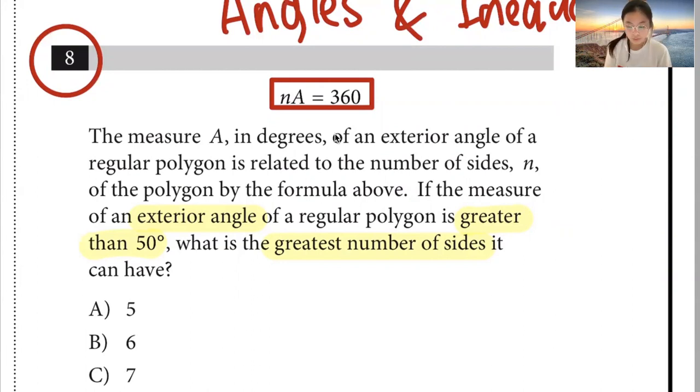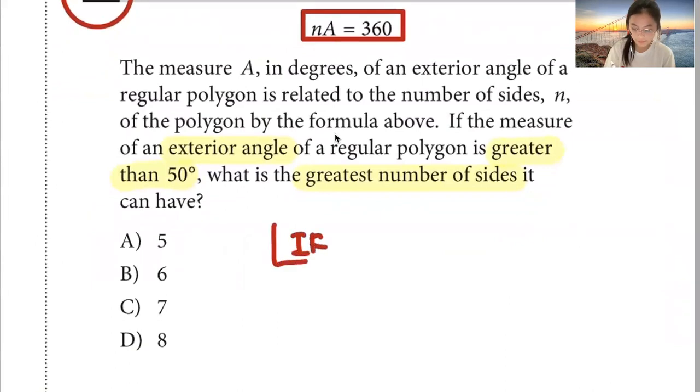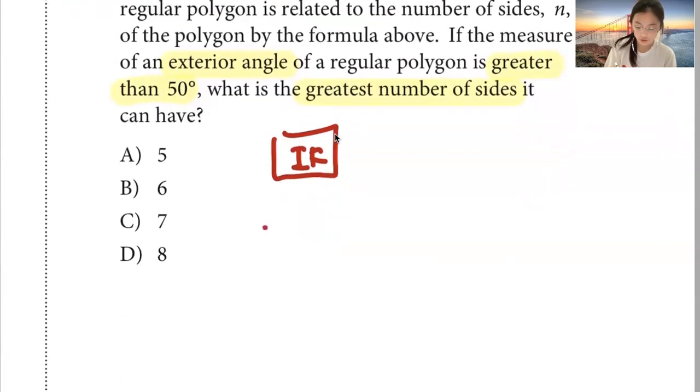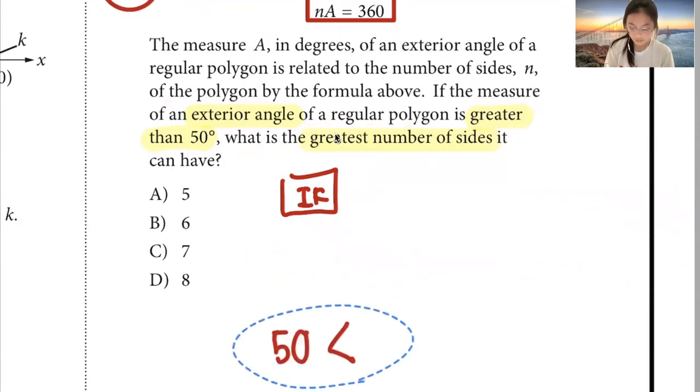So the first thing we should look at is the if statement. It's saying if the exterior angle, so A, is greater than 50 degrees, what is the greatest number of sides it can have? So first we need to construct that inequality. The exterior angle should be greater than 50 degrees. Well, before that,